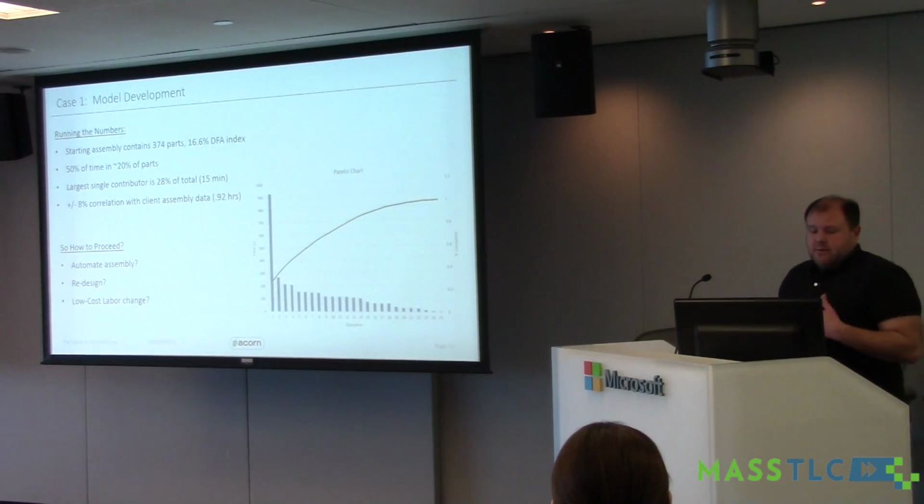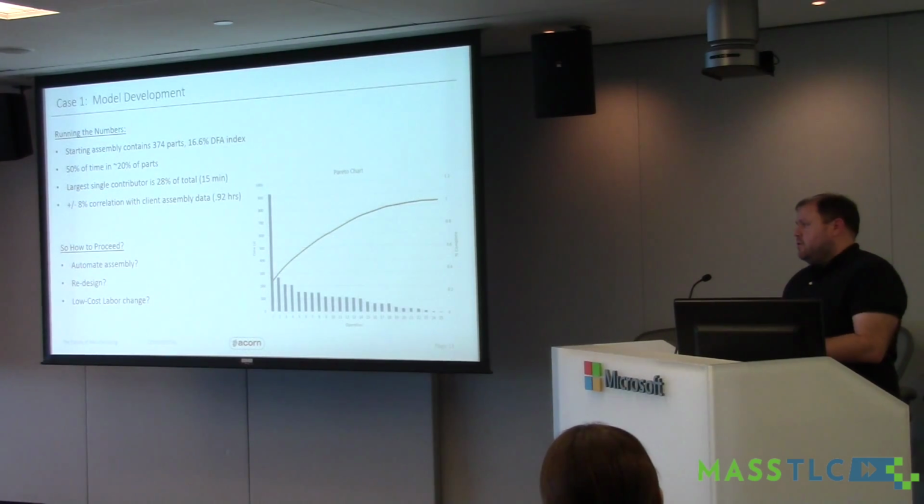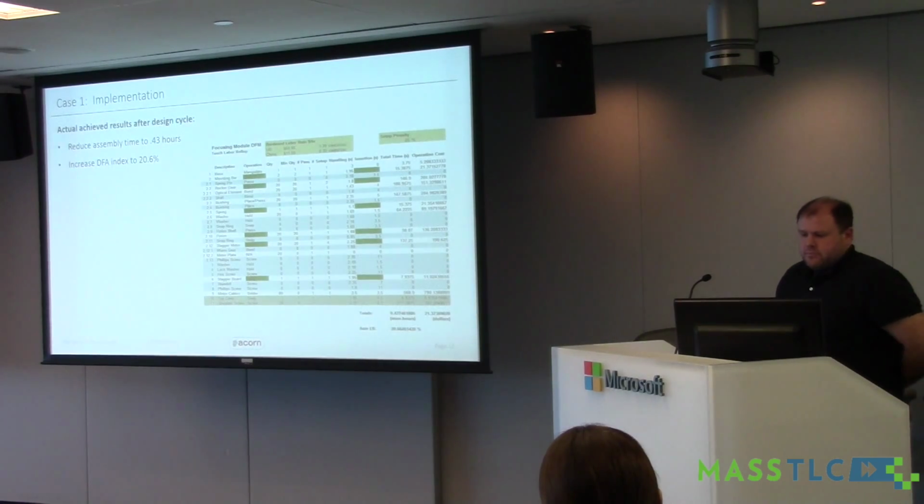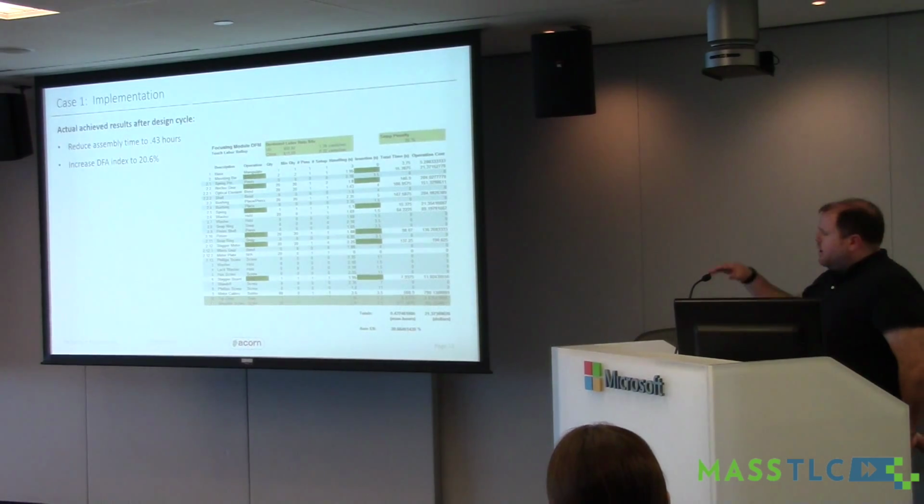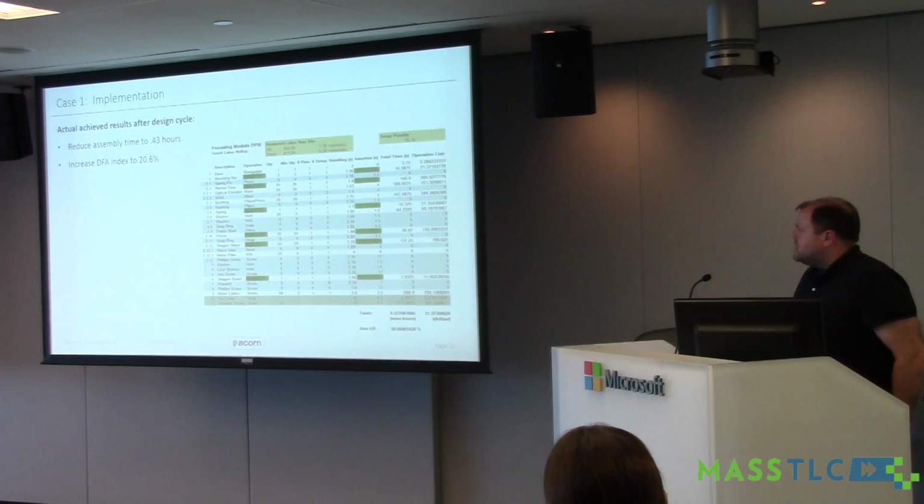So questions here: what do we automate, if we do? What do we want to redesign? Do we just want to move this to a low-cost region? What impact does that have? What could we save? You know, again, what's our recommendation based on data? So we go through, this is kind of a summary table of some of the action items,